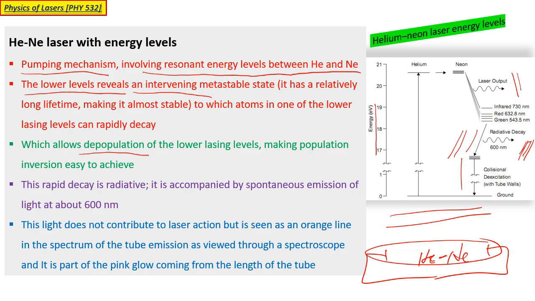Other lasing transitions also possible, but under certain circumstances. So, but mostly commonly used 632.8 nanometer, और जो इसका ज़्यादातर यूज़ की जाती है, वो यही यूज़ की जाती है। उसके बाद radiative decay होता है। Radiative decay spontaneous emission है। Spontaneous emission शुरू में जब आप on करते हैं laser को तो आपको हल्का हल्का pink color सा नजर आता है। That is because of the radiative decay around 600 nanometer की range में होता है।